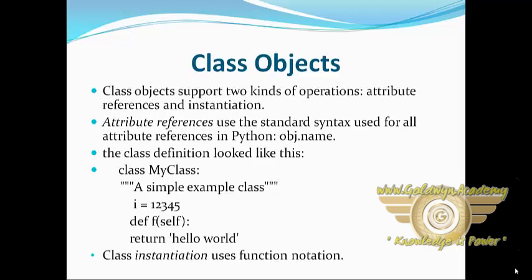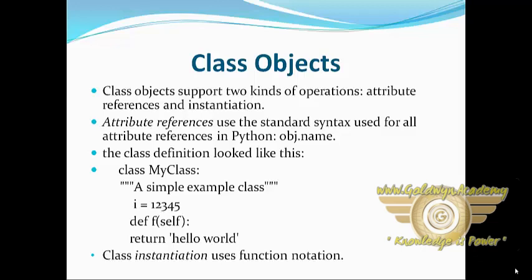Now we see the class objects. Class objects support two kinds of operation: attribute reference and instantiation. Attribute references use the standard syntax for all attribute references in Python, obj.name. The class definition looks like this: class MyClass, then a simple example class, then i = 12345,